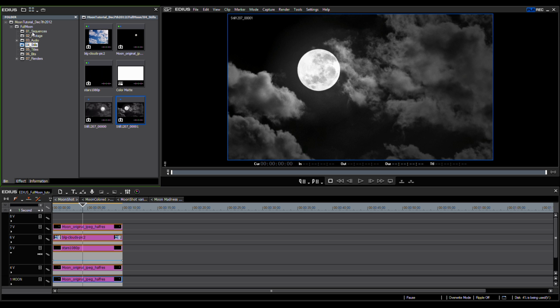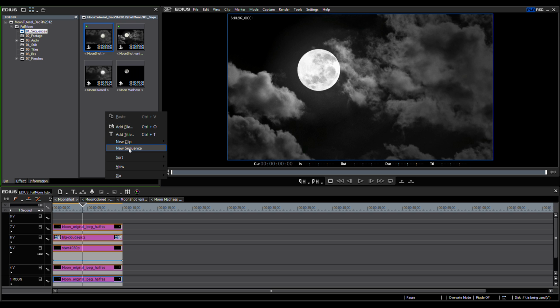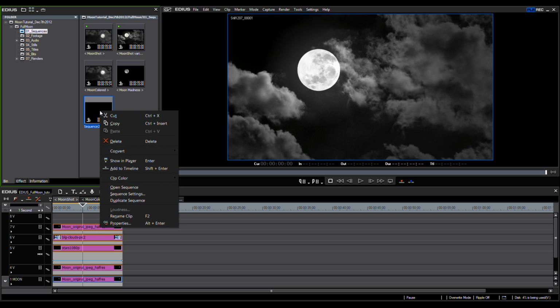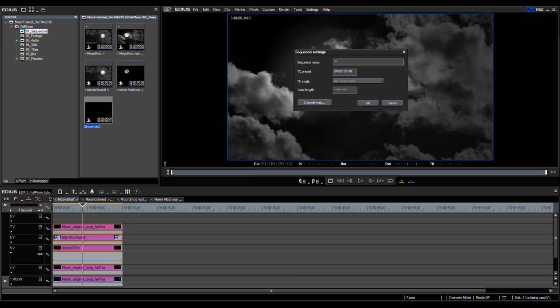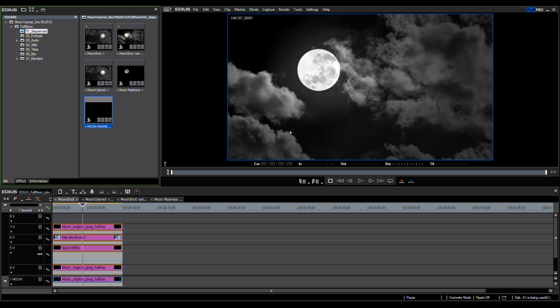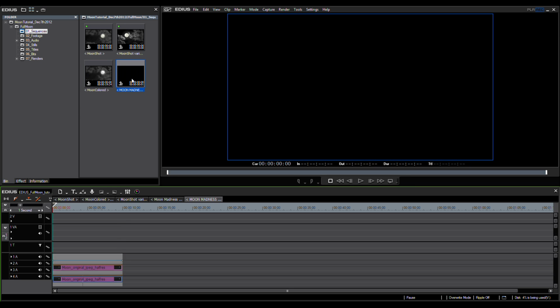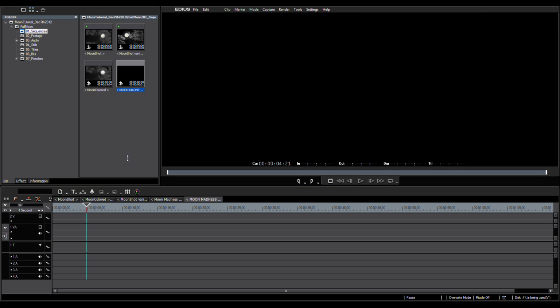I'm going to go over to my bin here and go to Sequences. Notice I like to stay nice and organized. I'm going to right-click in my bin and go New Sequence, and then right-click on that sequence. Choose sequence settings. I like all my sequences to start with spiky brackets, and we're going to call this sequence Moon Madness, and close the brackets. Actually, I've already done that. Let's delete that one. Alright, so let's double click Moon Madness, and you can see we have a blank